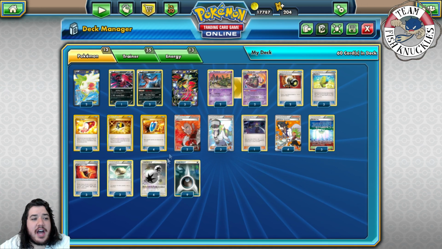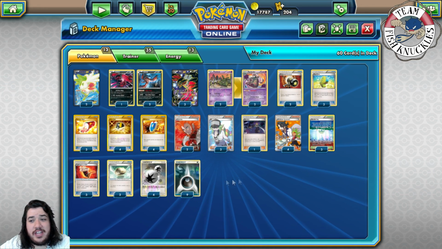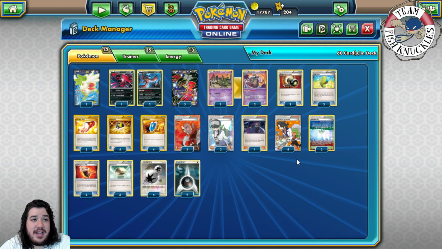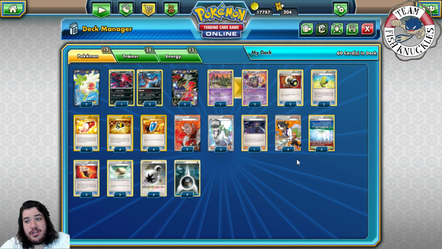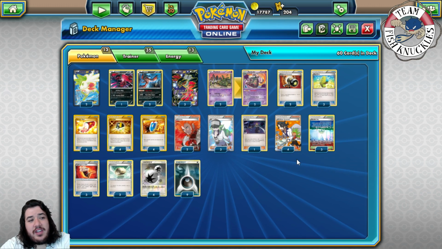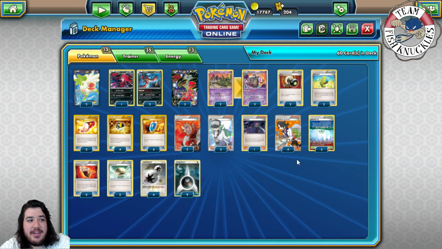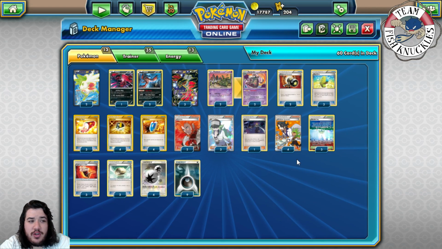4 DC and 9 Dark Energy, and that's going to be Andrew Mahone's second place Yveltal Garbodor list. Like I said, there's an interview. Make sure you check it out. It's very good. The list is kind of like straightforward, but when you listen to Mahone's interview, he talks about